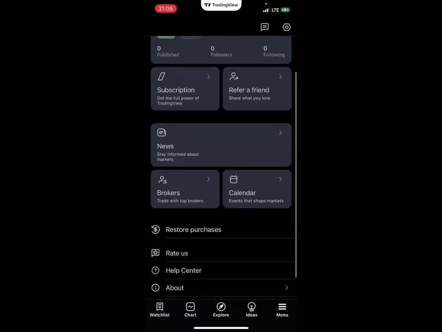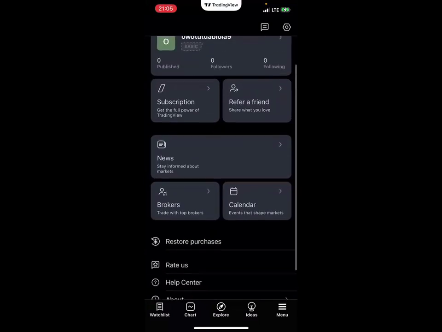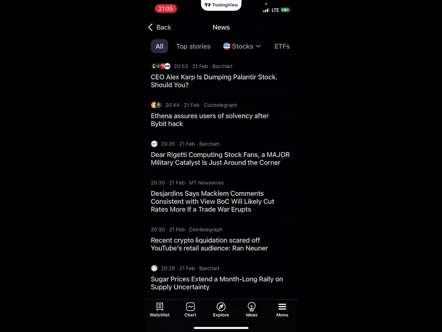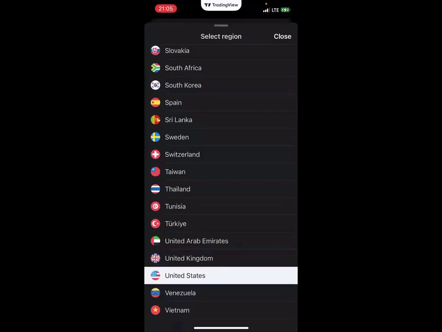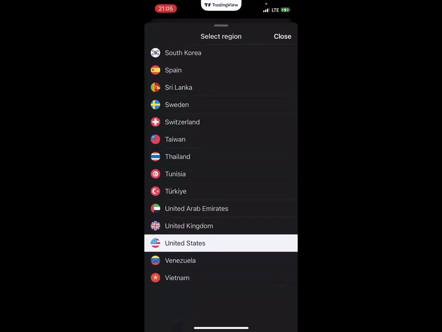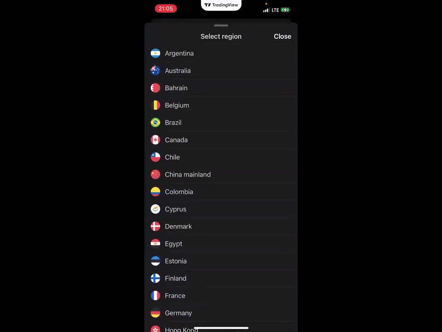you see here, it's telling me to restore everything. So we don't want to do that. You see here it says calendar, for you to create events and all of it. Here you can check news about cryptocurrency. Here it will give you the general news, but with this drop down menu, you can click on it and select the region that you are in, different regions that are present here, and it gives you news based on those places,